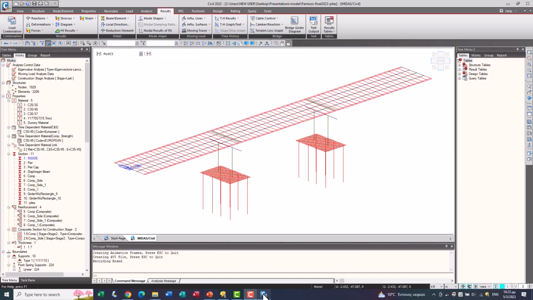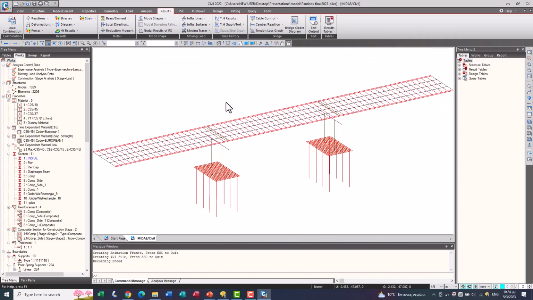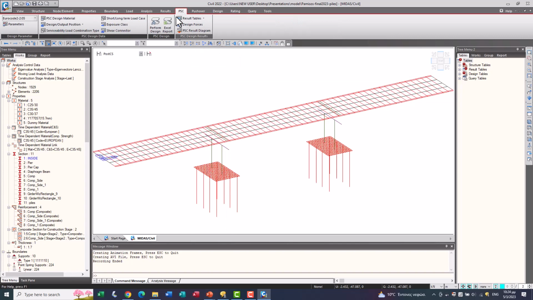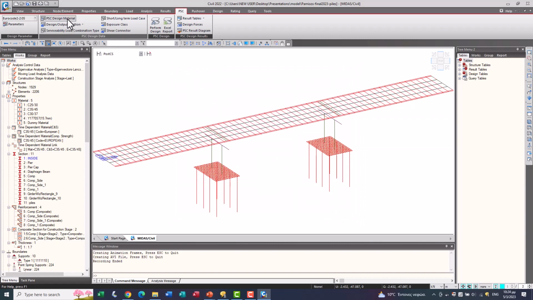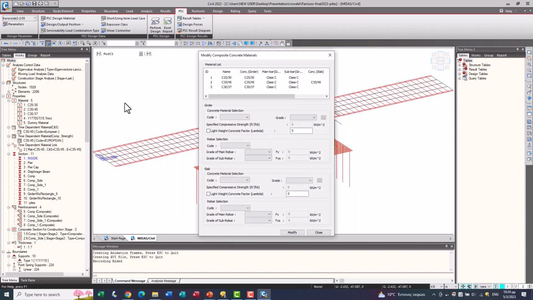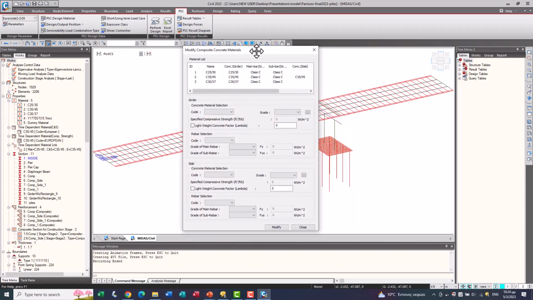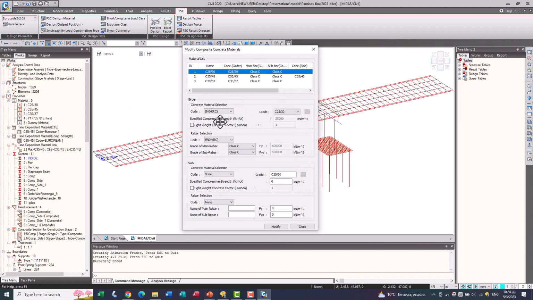So let's check in our model, go to our PSC. Here we have the parameters that we have checked. We have applied our materials for our cross sections.